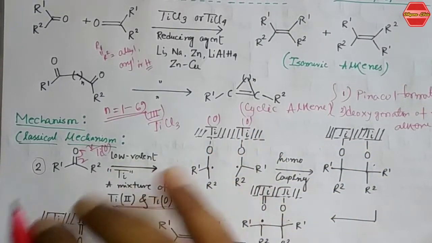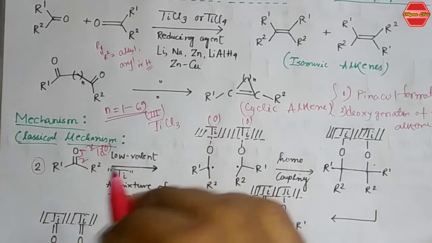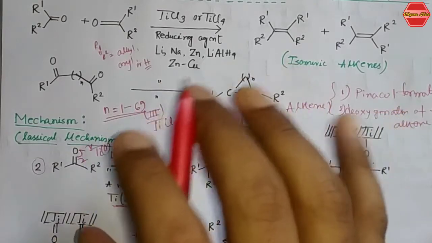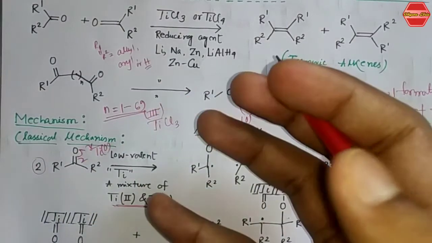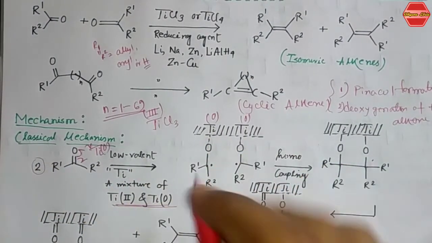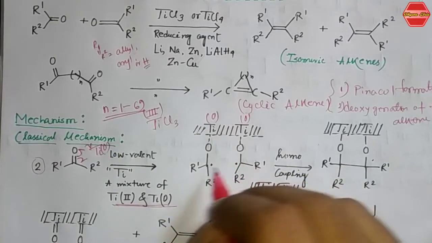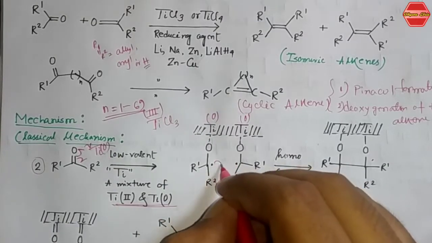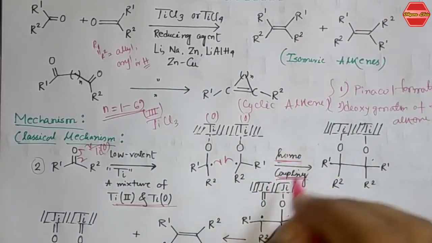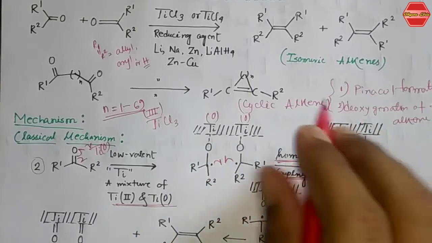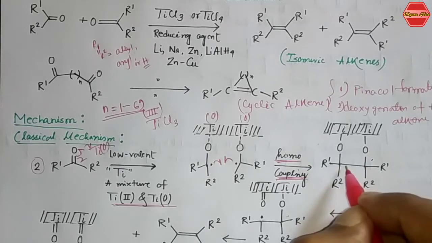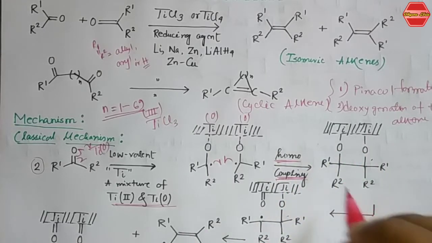Now this is your pinacol formation step. If you know how the pinacol formation takes place, you can see over there when we are using a ketone and magnesium, you can get this kind of thing. So that is why it is basically called pinacol formation. Now when we are using this, you can see here two radicals are formed. Now these two radicals can recombine with each other, that is called homocoupling. This homocoupling has a very important role in the McMurry coupling reaction. So it is bonded with these two carbon centers, and you are getting this kind of intermediate.